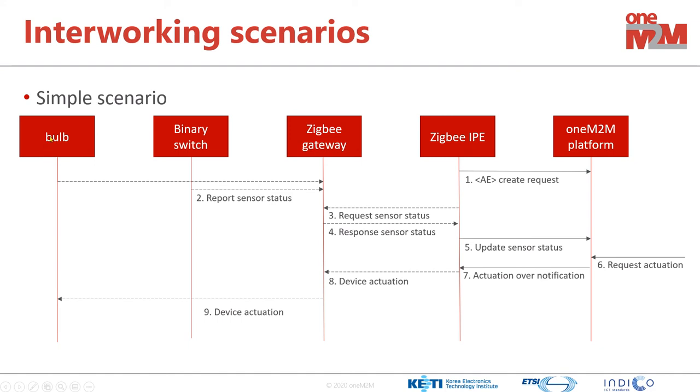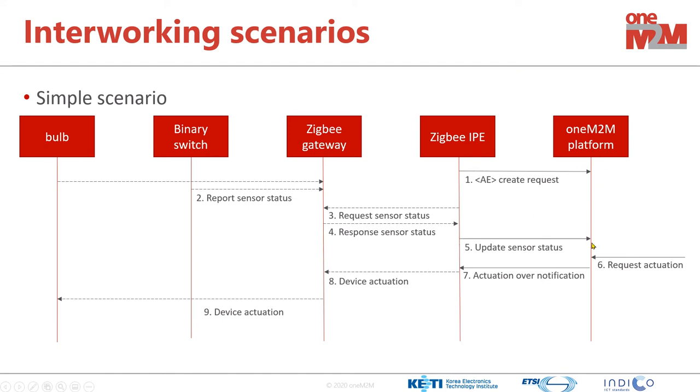And in the meantime, Zigbee devices can post their sensor status, like bulb is on or switch is on, for example. And the Zigbee IPE sends a request to the Zigbee gateway. In our case, there's a Deconz REST API, so we use that one in this request, and there is the response coming back to the IPE, and the IPE parses the data and sends it to